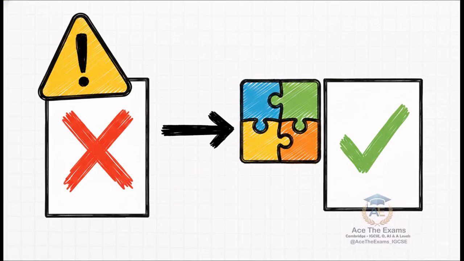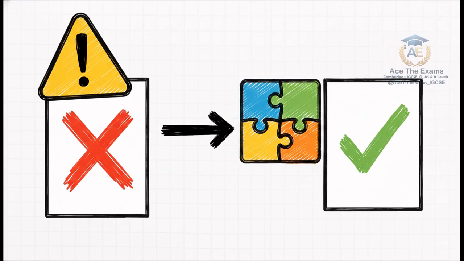To combat this vagueness, top students use a highly specific strategy called the PEAL framework. That stands for point, evidence, explanation, link. Instead of just throwing raw facts at the page like Alex does, hoping something sticks, you need to make a clear point, back it up with evidence from the data, explain the underlying physics principle, and link it back to